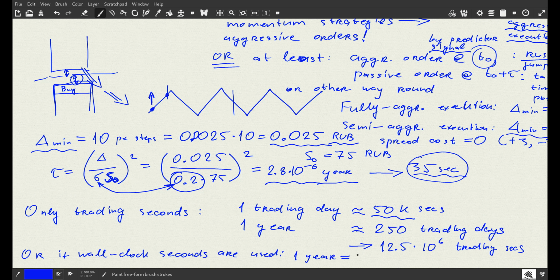And multiplying this by 31, 2.8 by 31, you get roughly 87 seconds, or 87 seconds wall clock,